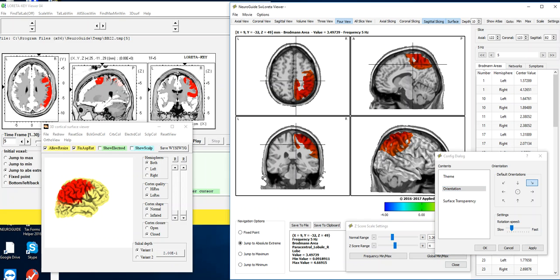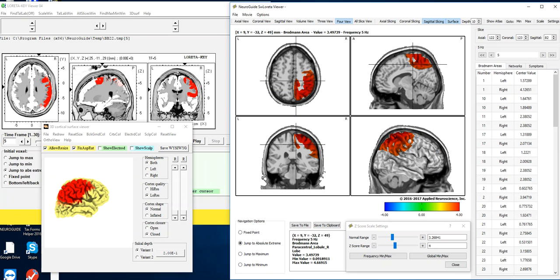There's huge navigational tools available in swLORETA, and the swLORETA Navigator is what we're looking at here, as opposed to the Key Institute viewer that is now obsolete and has not been updated since about 2002. But swLORETA is going to be updated repeatedly throughout